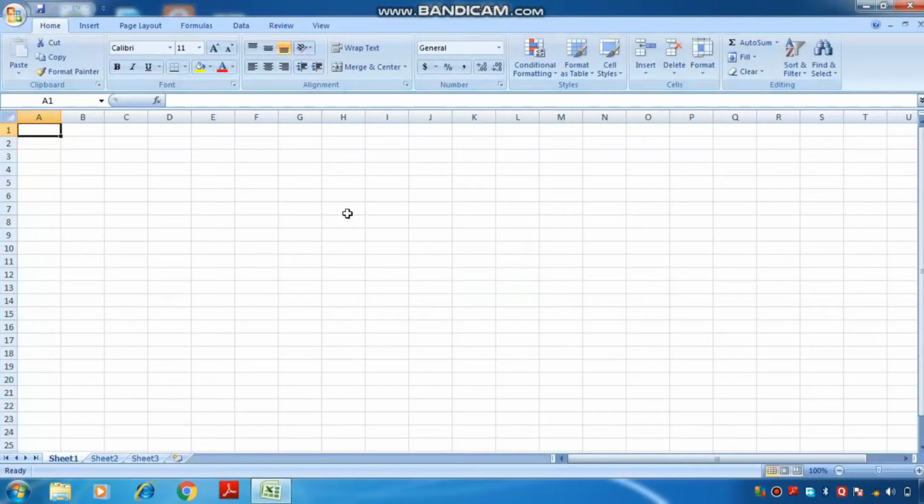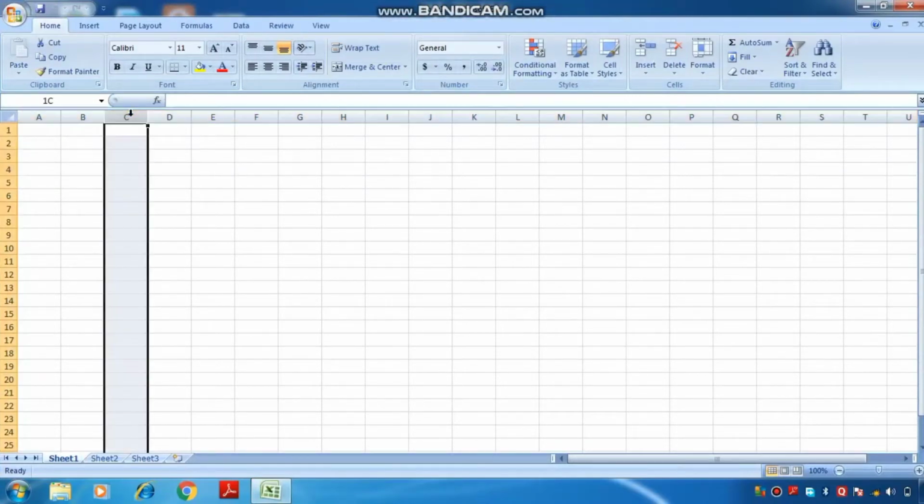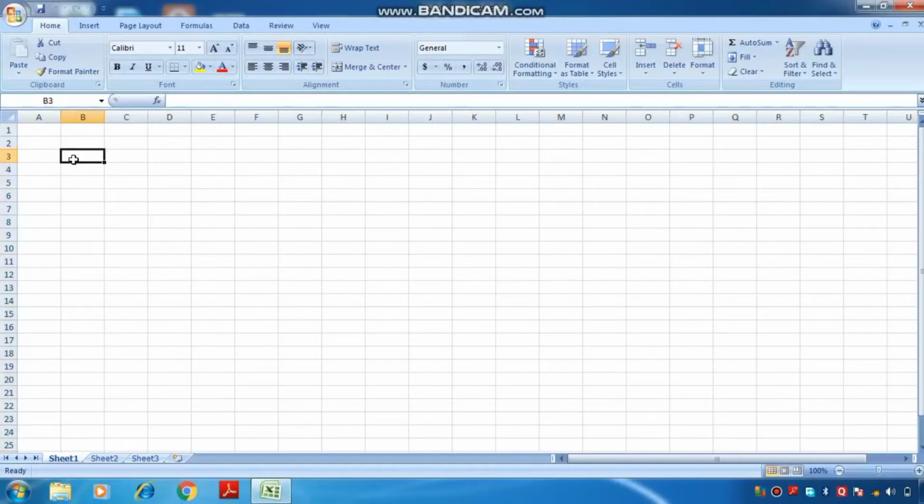As you have seen, we discussed this window earlier. This one is known as the rows, the horizontal series of cells makes a row. This one is the columns, the vertical series of cells makes a column, and this one is the cell, that is the active cell. Here we are going to adjust the column width. We have two ways to adjust the column width: number one, to change the column width manually, and number two, by using the specific size.